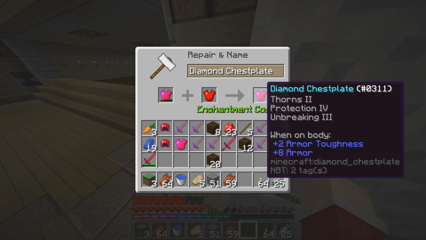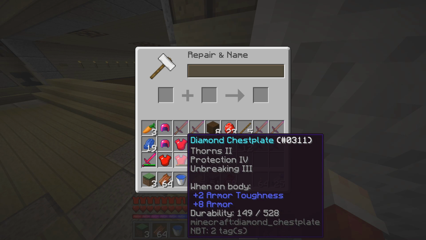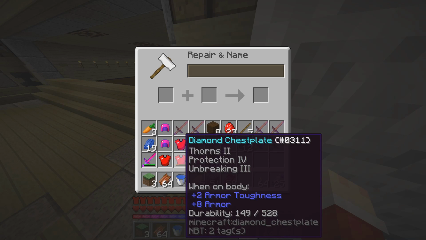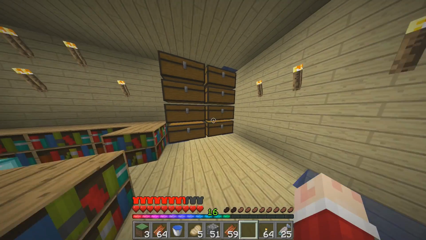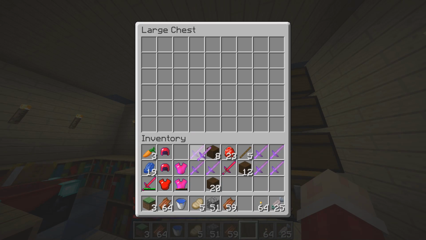Which one is it? This one. So that only costs 9 levels, actually. You know what? We're going to do that. We'll do that. Not just yet. I want to do the sword first. Actually, I think... Okay, yeah, we'll get the 1 more level for the sword. We can dump these wooden